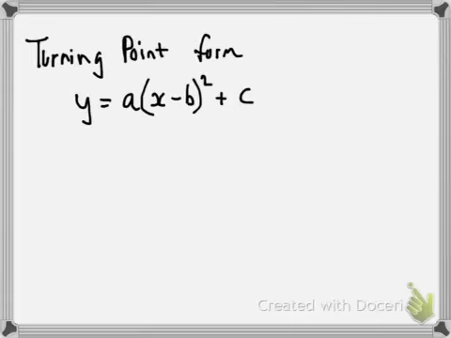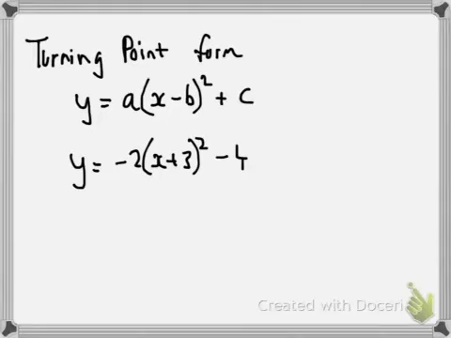Okay, second way we can draw quadratics is by having our equation in turning point form. And you've probably seen this before. y equals a outside of (x minus b) squared plus c. An example of that might be y equals negative 2 outside of (x plus 3) squared minus 4. In fact, we're going to look at this one here